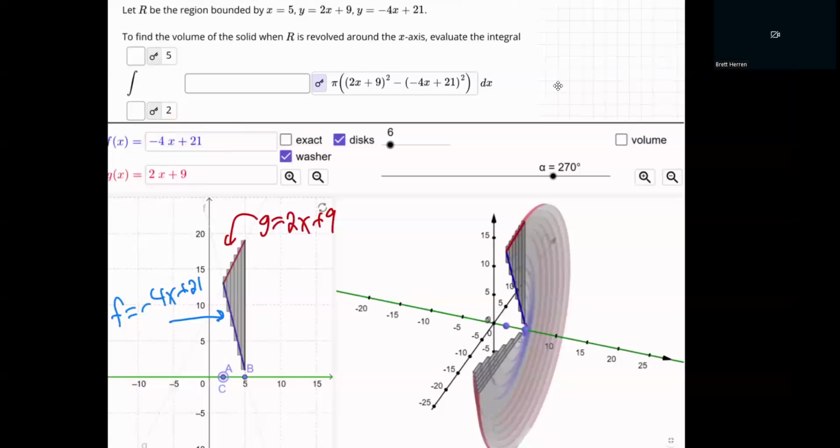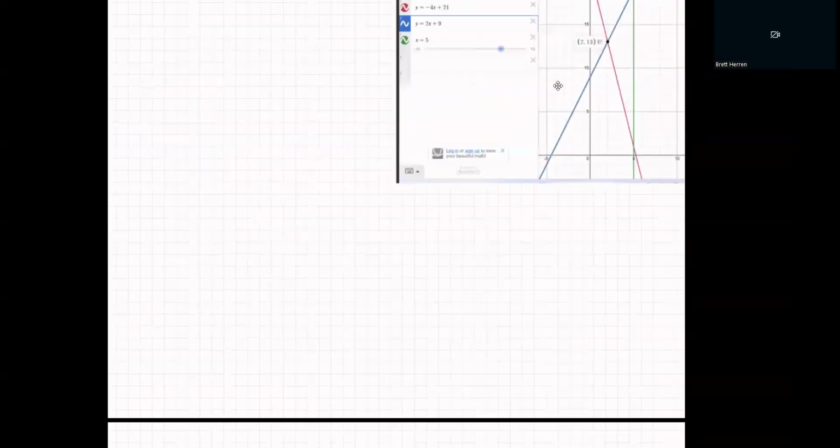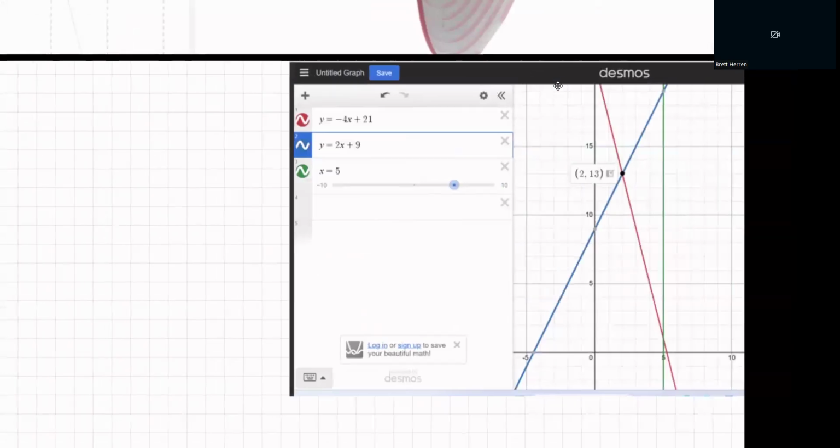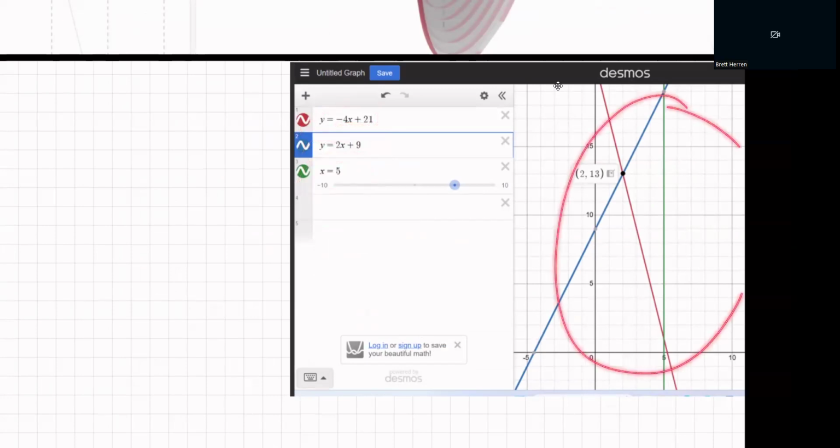One thing that can be helpful is to first go to regular Desmos, just the two-dimensional grapher, and put in the two functions and x equals 5, all three things. Got a nice look at the flat. So this is the region R they're talking about, and we can see it goes from 2 to 5. This is the region R that we're going to